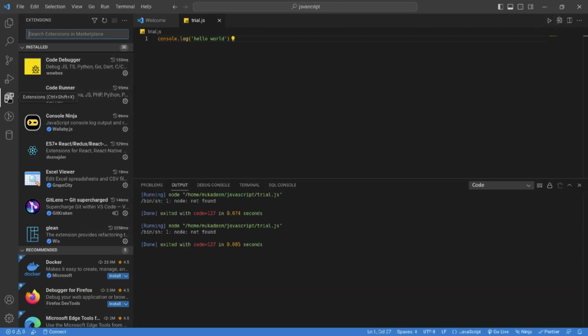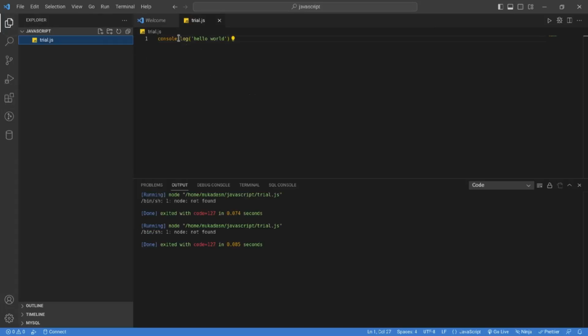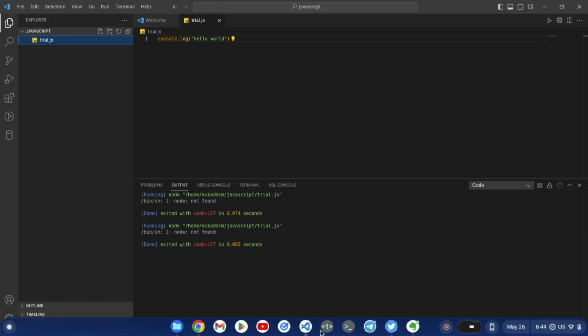So this basically means because this is out of the context of the browser, I need node installed to run it. So without wasting much time, let's just get started and install node. So let's open the terminal here,